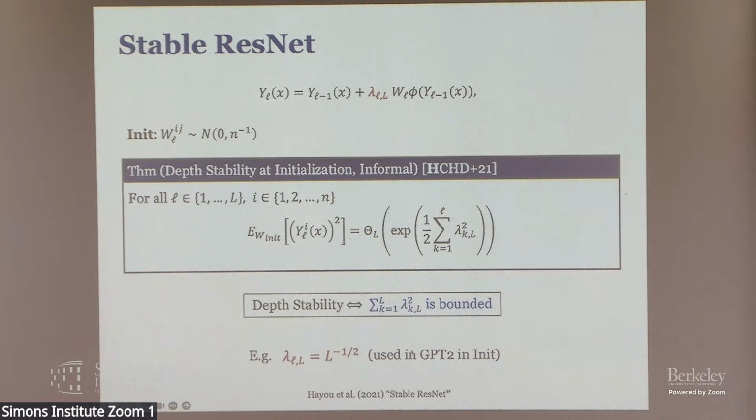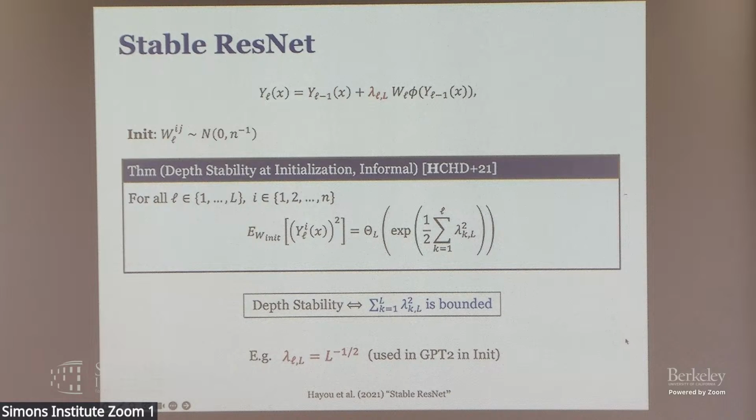By the way, when I read the GPT-2 paper, I found that they used something similar to this, but the difference is that they merged this lambda into W. So instead of putting the lambda explicitly here, they initialize W with something that also scales with depth. It's a hacky way to do that, basically. Instead of putting a lambda here, just put it in the weights directly.